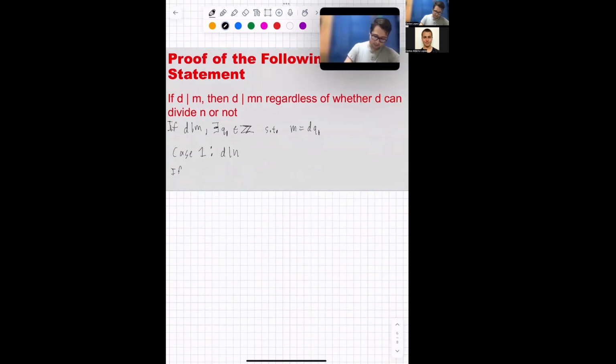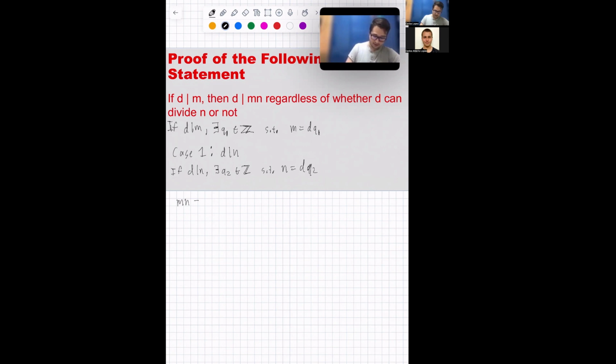Here we have that if d divides n, then there exists an integer q2 such that n is equal to d times q2. So that is the case, and in that case, we're going to use that one. And following on, we're going to see that